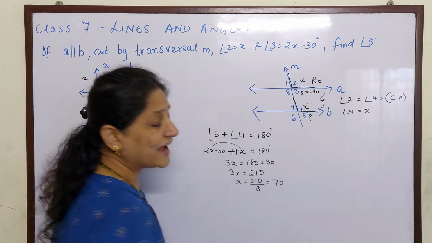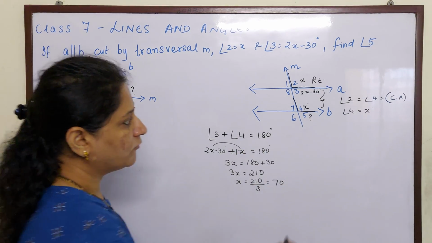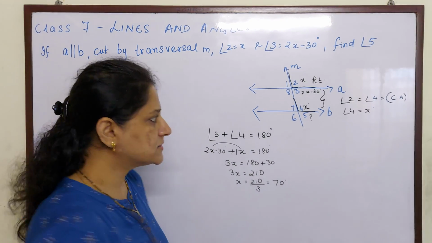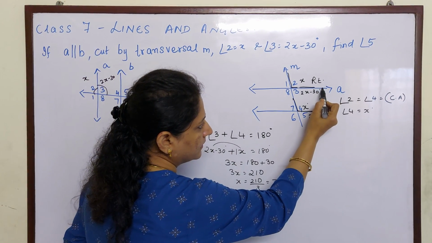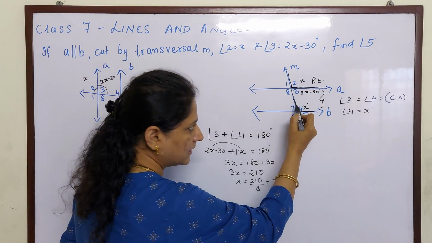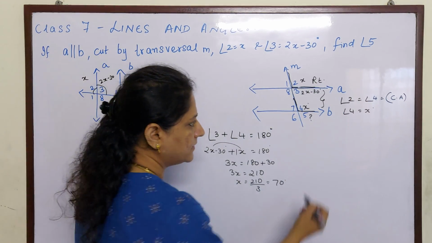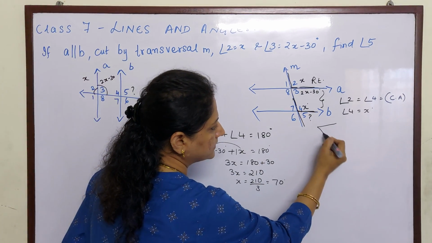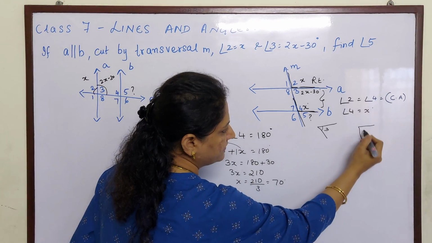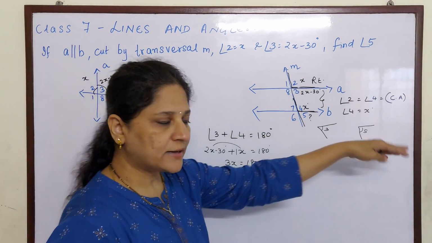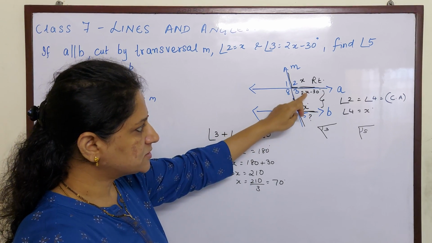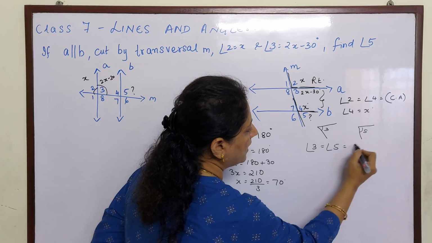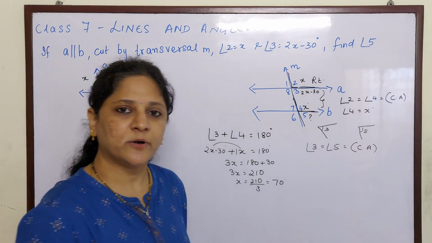No? Now what is angle 5? Yes, whatever is angle 3, that will only be angle 5. Why? Corresponding angles. See the pattern, children? Straight line coming down on the right side. Straight line coming down on the right hand side. So angle 3 is also forming like this. Angle 5 is also forming like this. Both are on the right side. Both are below the line. This is below A, this is below B. So they are equal. The reason is they are also corresponding angles and corresponding angles are equal.